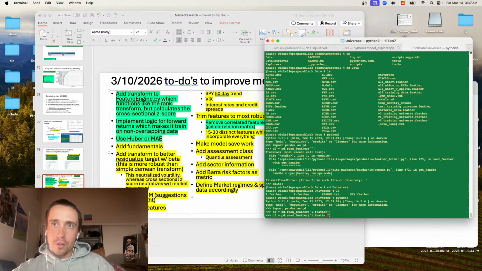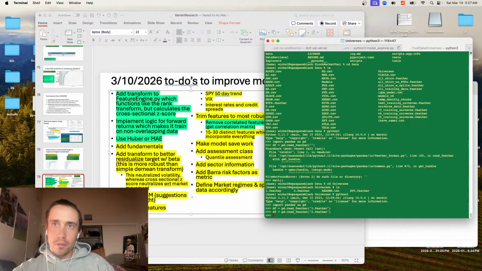Oh no, we want 2 because that's what includes ETFs. And please let it have it. df dot